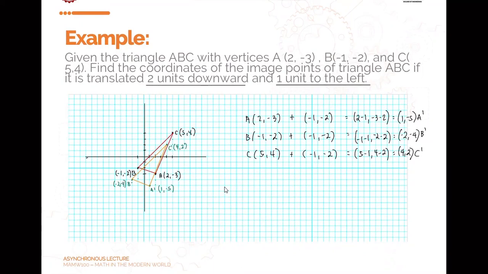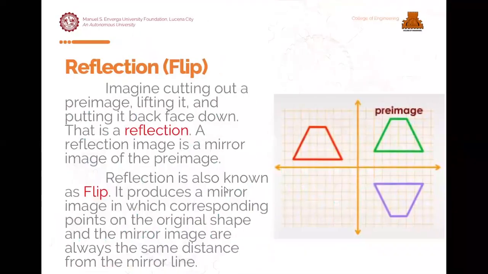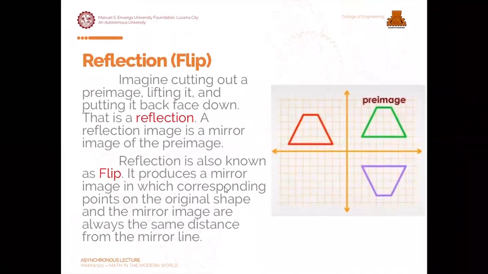Next, we go to the second type of rigid transformation. So, we have what we call reflection. So, when we say reflection, ang sinasabi natin is flip. So, imagine cutting out a pre-image, lifting it, tapos ibabalik nyo daw siya ng nakabaliktad o naka-face down. Yung image na makukuha natin, so ibig sabihin niya, halimbawa ito yung pre-image natin, then kinat natin halimbawa nasa paper yan, kinat natin, then yung cut na pre-image natin, nilatag ulit natin sa papel, pero binago natin yung face niya, ito yung face niya,